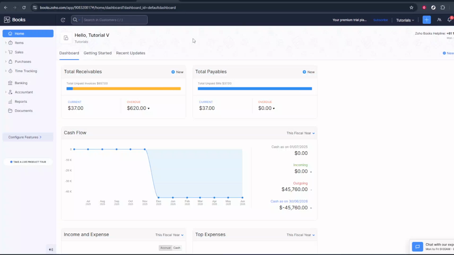In today's video, I'm going to teach you how to convert a quote to an invoice in Zoho Books. This is a really useful feature when you've already sent a quote or estimate to a customer. They've accepted it, and now you're ready to bill them without re-entering all the details. I'll walk you through the process step by step, and I'll explain what's happening along the way so you know